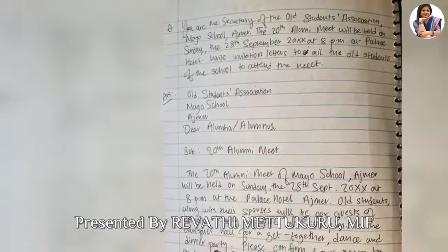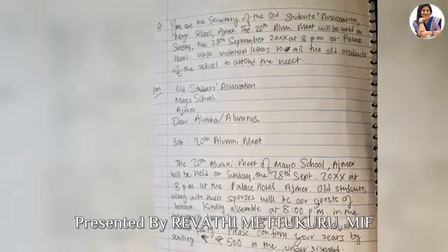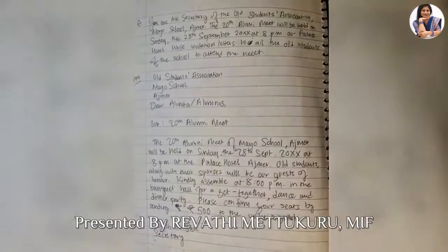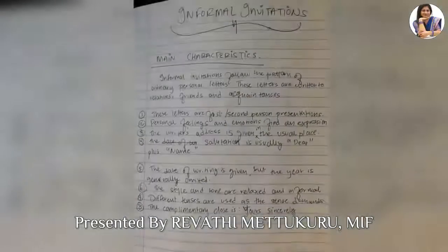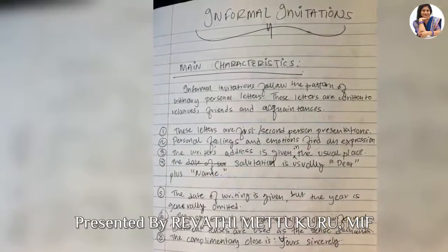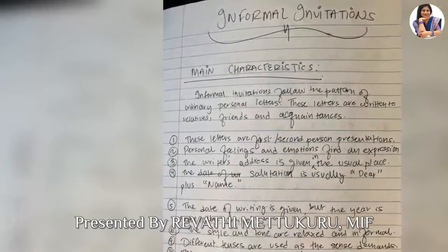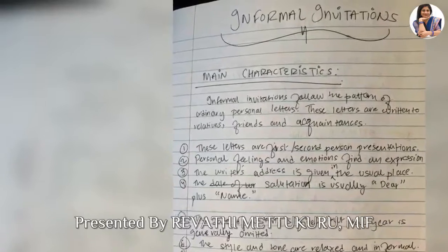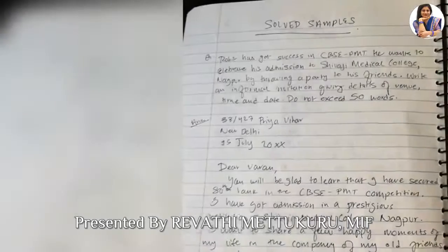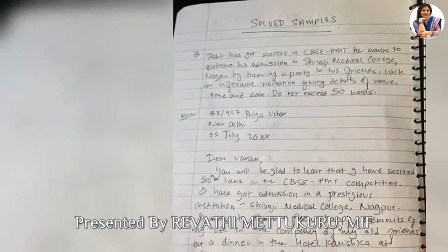Number five, it should be complex and thorough. Number six, it should be polite even if it is a complaint letter. Number seven, it should be free from any mistakes, that is grammatical or spelling. There are three types of formal letters, that is business letters, letters for outlining civic problems, and job applications.